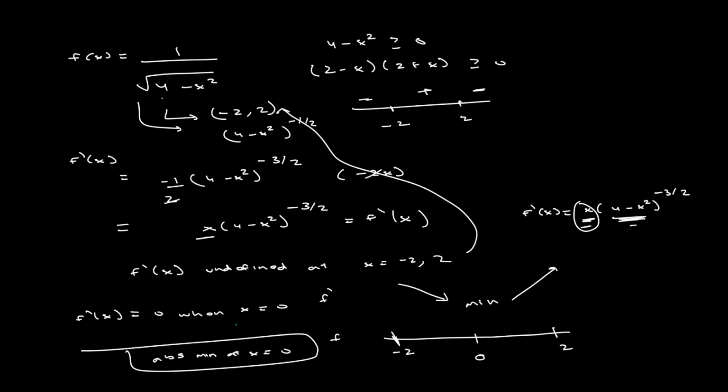And let's just do one final example. And here we have a piecewise function. So f of x is equal to 5 minus 2x squared, where x is less than or equal to 1, or it's x plus 2 when x is greater than 1. So when we have a piecewise function, we must see whether the derivative is, or whether the